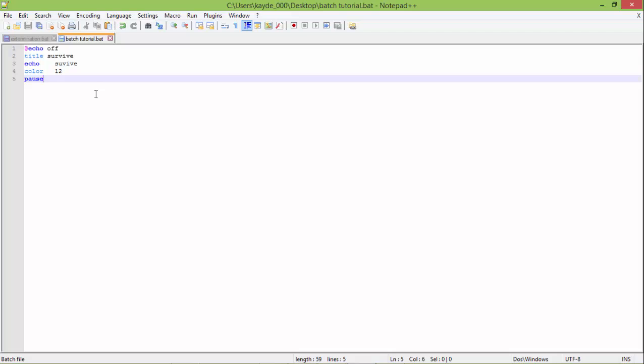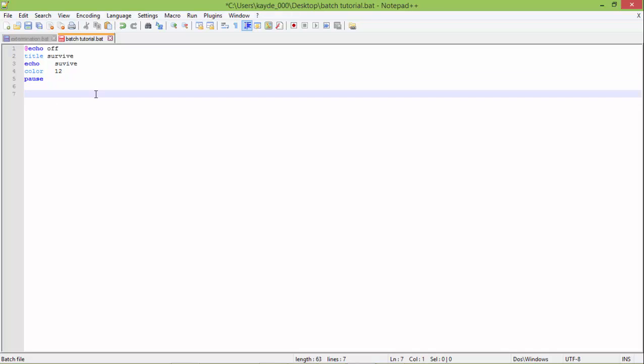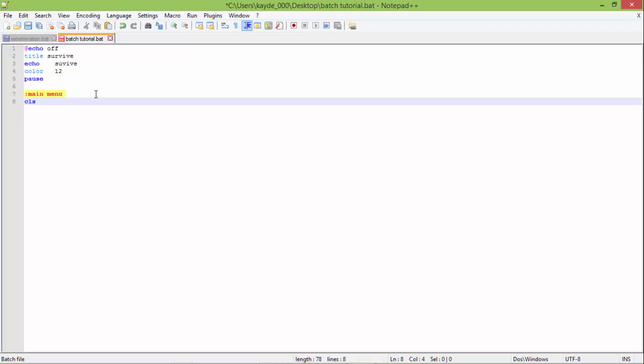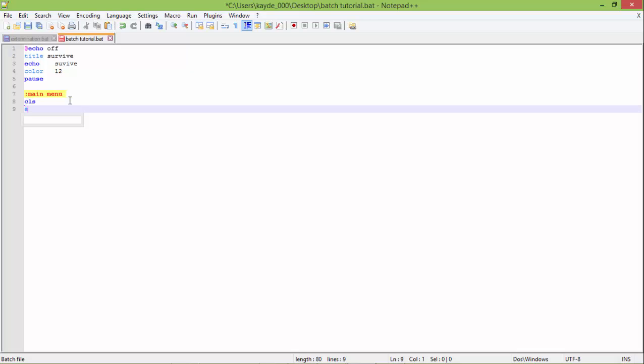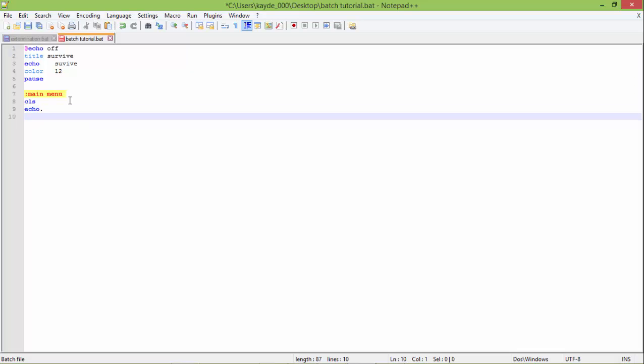So now that we have that part, we're going to create a menu. This is like a scene, I'm just calling it a menu. So I'm going to name this main menu. You never want to name two things the same. It will mess it up completely. So main menu, and you're gonna put CLS, so it clears this, so you can't see that. I like to put an echo dot in my scenes just to clear up some space. So echo, I'm gonna add the name main menu,